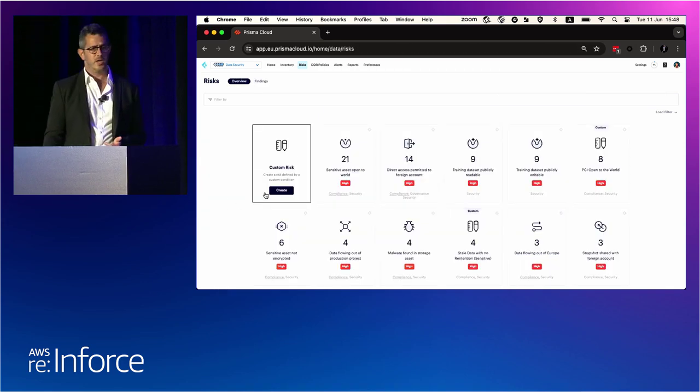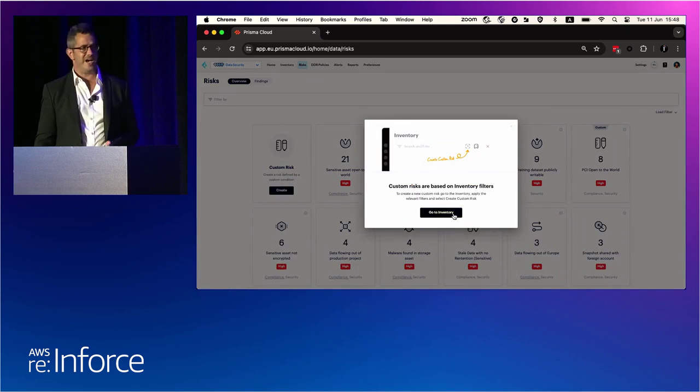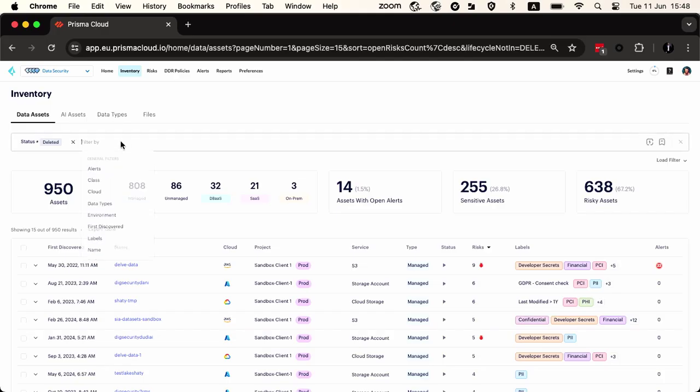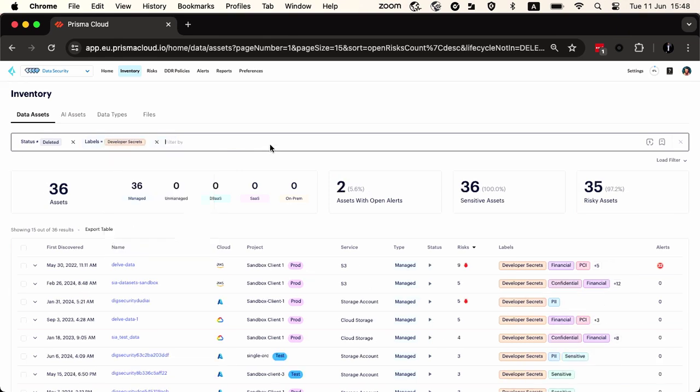Now, of course, customers can create their own types of risks. Each organization might say, we have our own types of issues. So let's go over there. Let's say, for example, you might say, we should never have any type of developer secret in our environment. And if we do, then we want to notify our SOC.